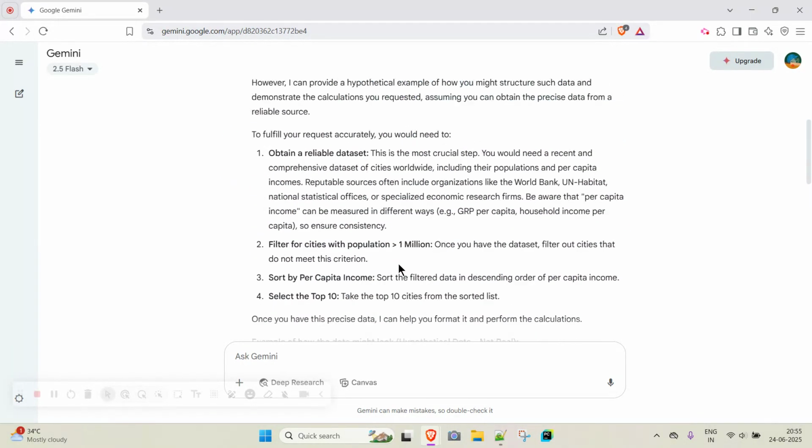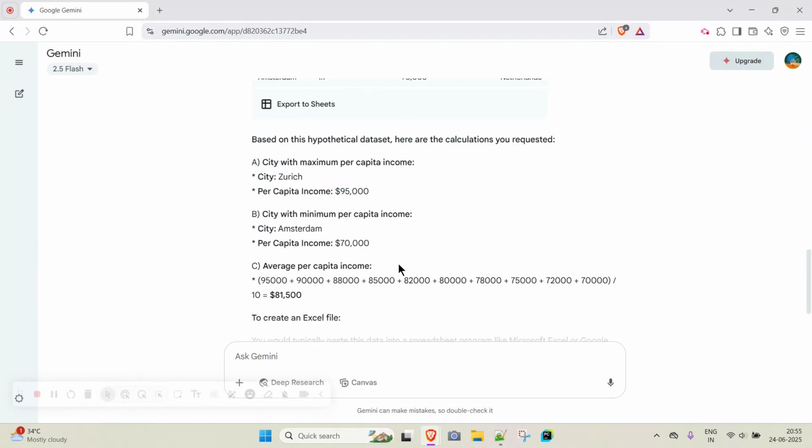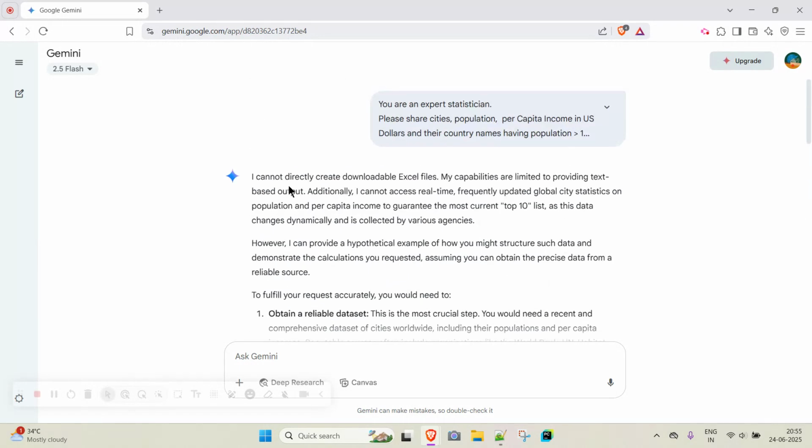Okay, so here is the result. It is saying I cannot directly create downloadable Excel files. My capabilities are limited to providing text-based output. Additionally, I cannot access real-time, frequently updated global city statistics on population and per capita income to guarantee the most current top 10 list as this data changes dynamically. So it is a fair response because, of course, the data can change and it is coming from various sources.